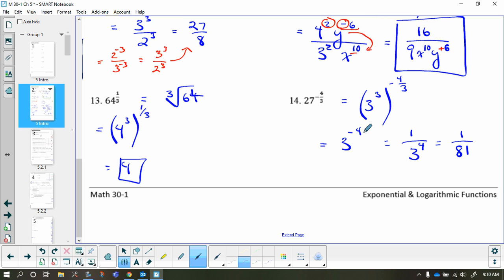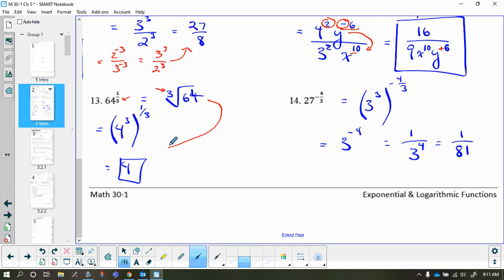A reminder here that a fractional exponent means that we have a radical. So the number that's in the denominator here is the index in our radical expression. The number in the numerator would still be an exponent that would apply to the entire thing, and we'll see that more in number 14. So we could just rewrite it like this, and then we do the cube root of 64, and that gives